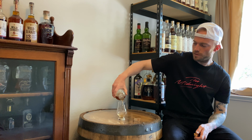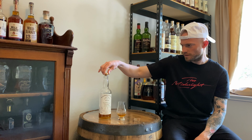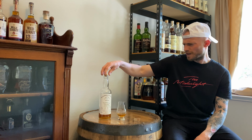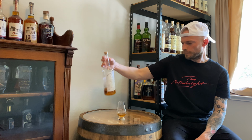This cork too didn't really last, which is unusual for Signatory corks. They're pretty good. This is an OG Wild Turkey issue. For those of you who know bourbon, know Wild Turkey, very, very common, but still has enough on the sides that it actually kept it pretty good. That only happened recently, and I don't have that much left, as you can see, so it doesn't really matter. But yeah, Glenlivet